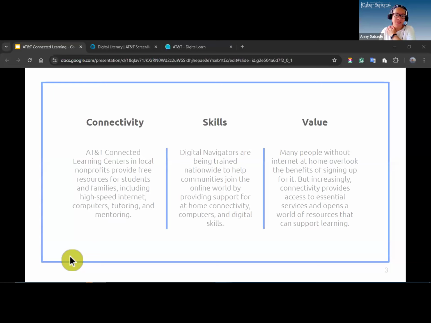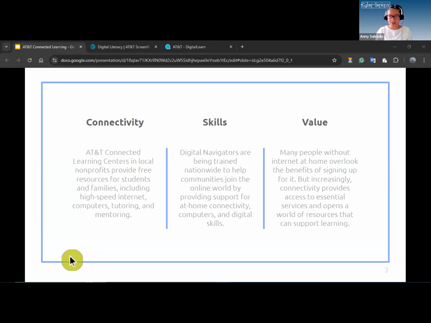The value of this is that many people without internet at home overlook the benefits of signing up for it, right? Most people would think, I don't need internet, I don't need to use technology, but increasingly connectivity provides access to essential services and opens the world